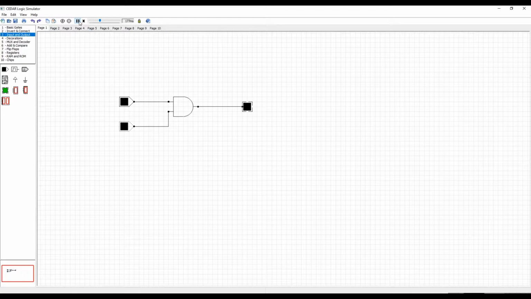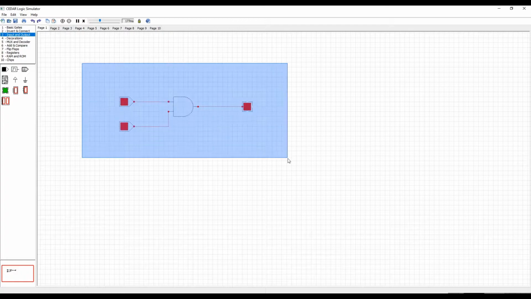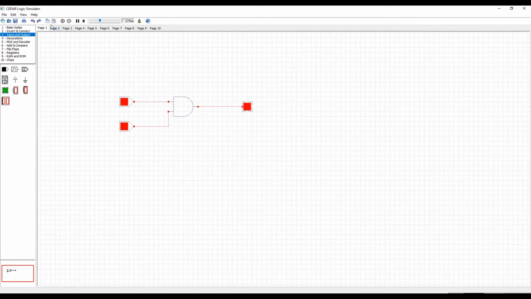So now we can see as the AND gate, for the output to be 1, all inputs must be 1. So we can see it in here, which means our circuit is working now. And there is a pause and resume button. If we click on this pause and resume button, let's remove the inputs. Now I'm going to click this pause button. Now if we remove the inputs, we can't see any changes, because when you click on the pause button, the circuit doesn't work.